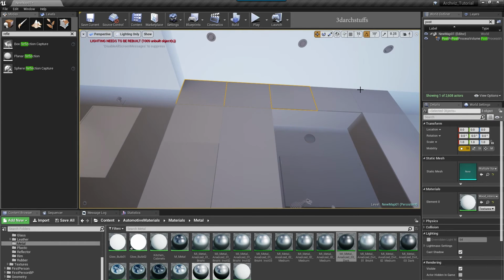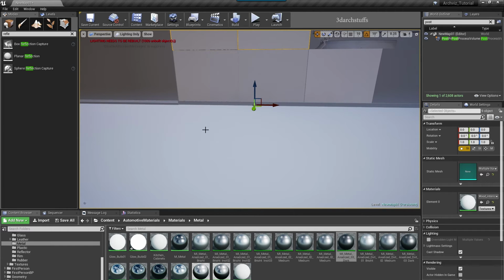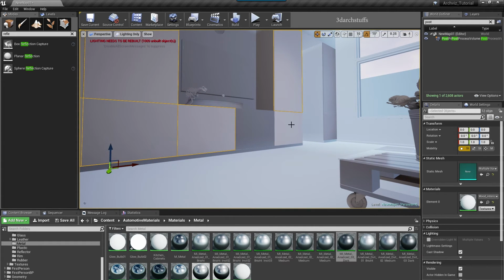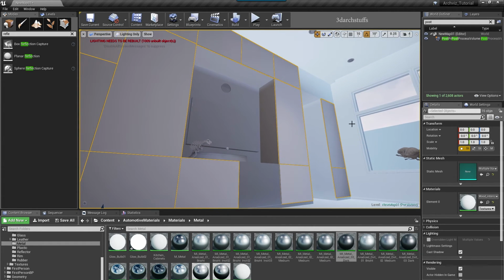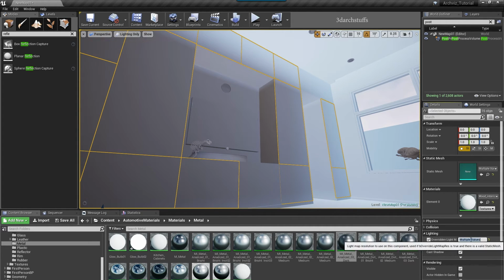I think we can increase the resolution of these whole objects. It will be even better. So let's increase the resolution of all these objects to 256,